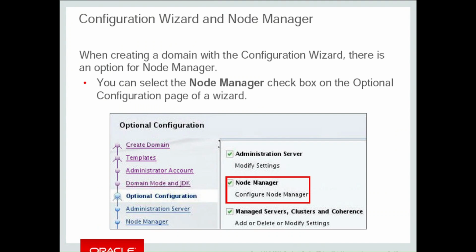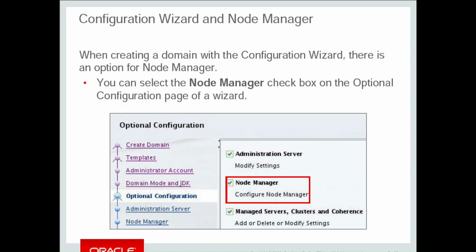Okay, so let's now try to understand how we can configure the node manager. We can configure the node manager using the configuration wizard, or after creating a domain we can configure it from the console as well. Suppose in this case we want to configure the node manager while creating a domain. On the optional configuration page, we will find Configure Node Manager. So we choose this node manager